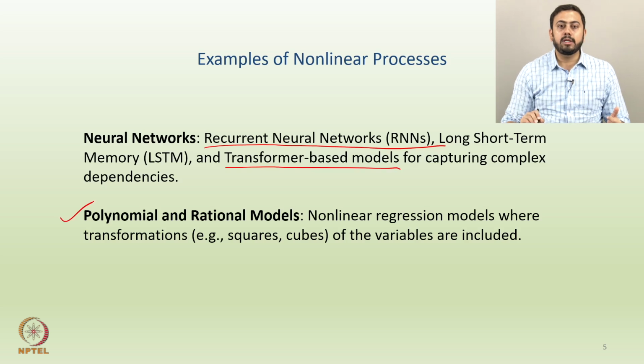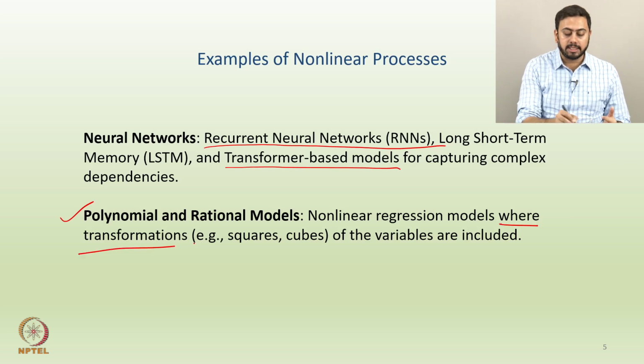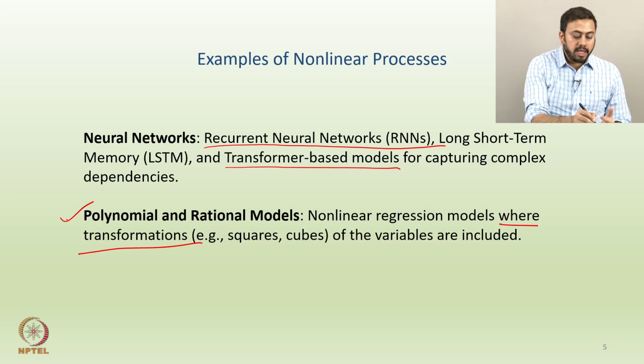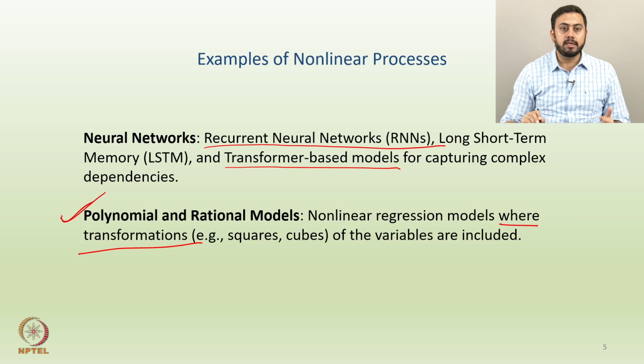And then next is polynomial and rational kind of models. So, let us say some non-linear regression models exist in the literature, where one does some transformation, let us say take some squares or some cubes of the variables which are included. A small disclaimer about the last point is that in the regression literature you have some set of models which are transformed to a linear model by taking square roots, squares, cubes, logs, etc. But all these are examples of polynomial models or rational models. So, even if you have a polynomial structure, by transforming I can convert it to a linear structure.